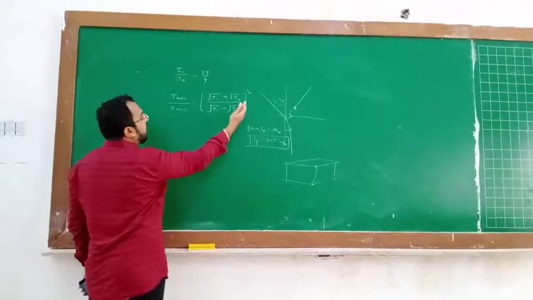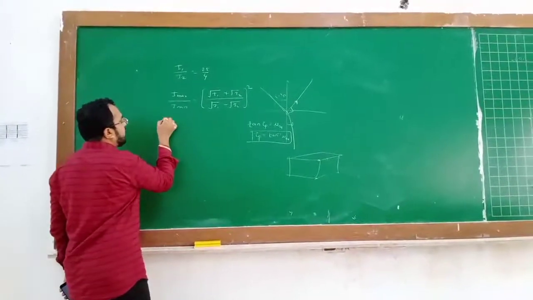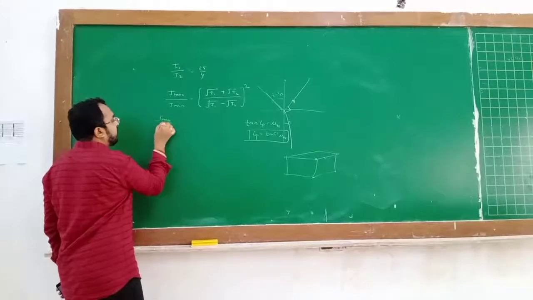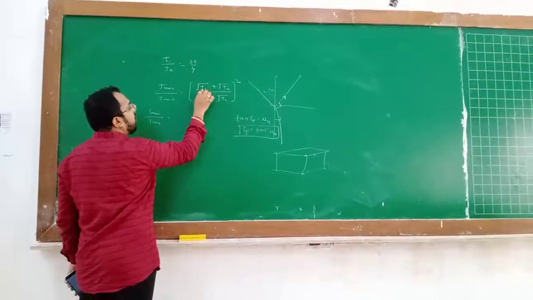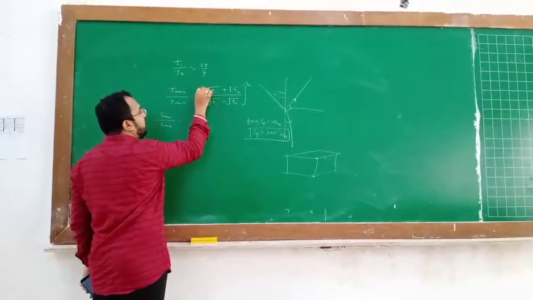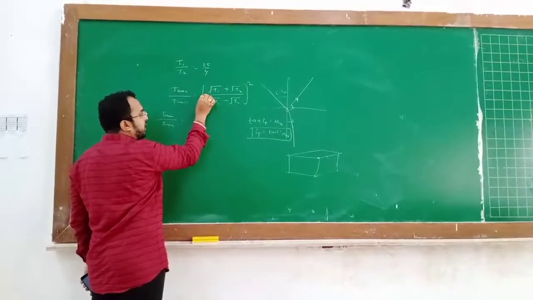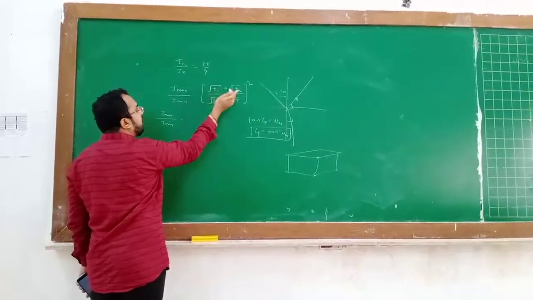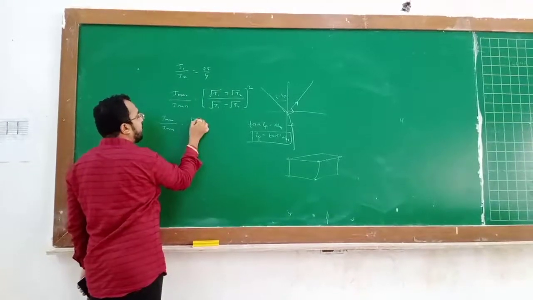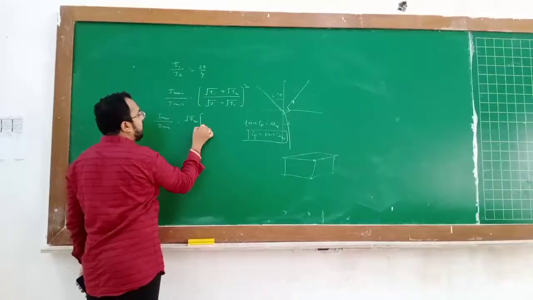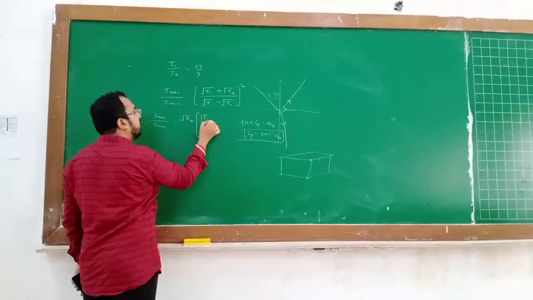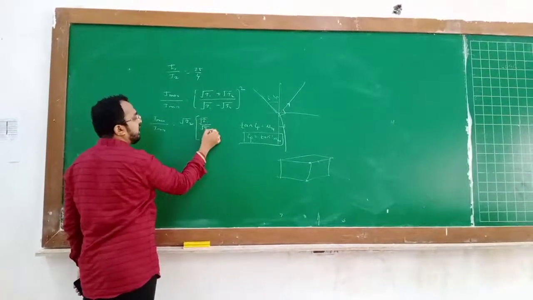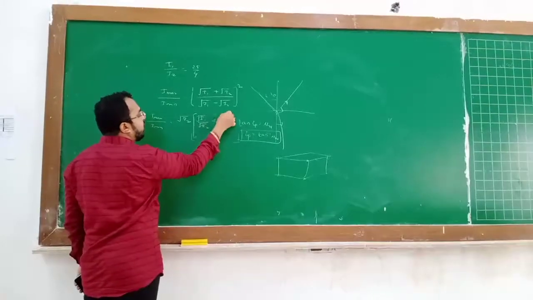Now from here we can take root I2 common. If we take root I2 common, what do we get? Root I2 is there in one term but not in the other, so I will write root I2 in the numerator as well as in the denominator. I will take root I2 common from the numerator, so it becomes root I2 times the bracket. The denominator root I2 stays as it is, not disturbed, and here there is 1.